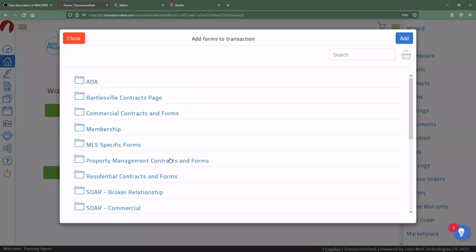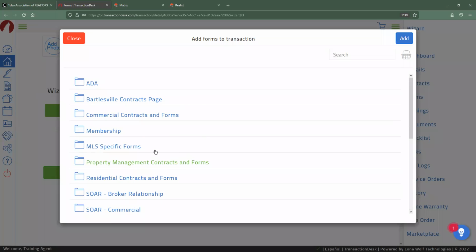Now, this isn't necessarily going to require that, all right, if I'm in Ada or even just Pontotoc County, I'm going to have to use Ada's information. Or if I'm up in Washington County, I have to use Bartlesville's information. It's not required like that. This is just meant because they previously had some forms that maybe were a required portion or association required, or even just customized specifically for the area that you guys are working in.